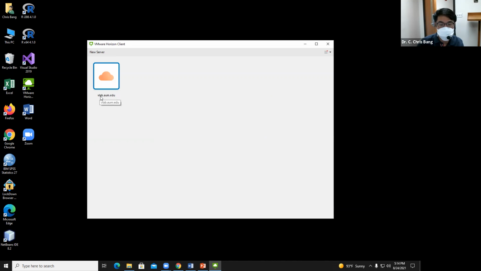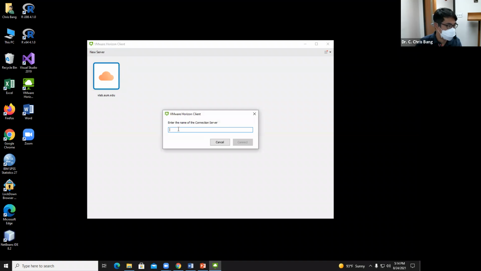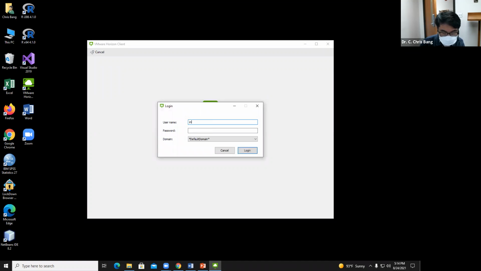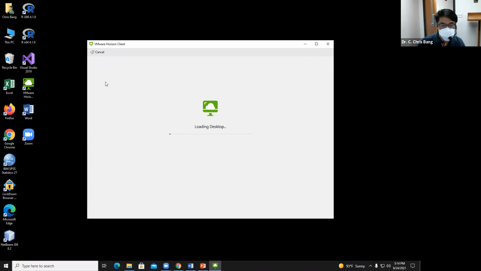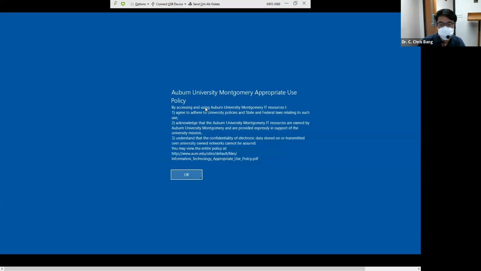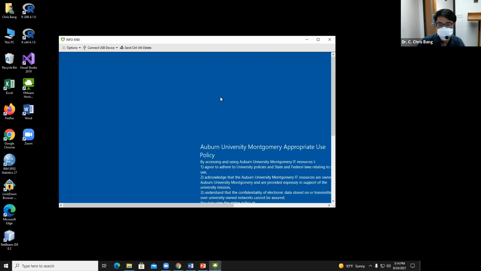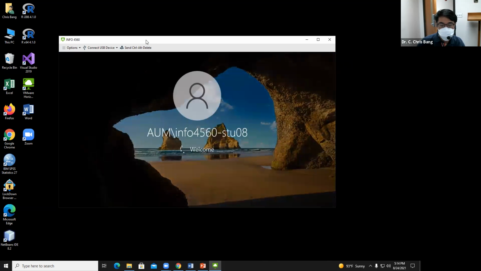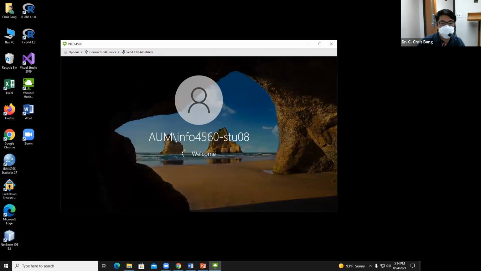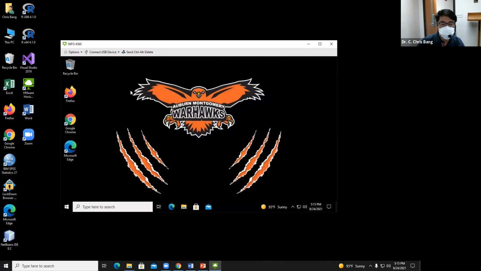Let me show you again. vlab.aum.edu. And if you don't see it, then you can add a virtual server by clicking this button. Then you can type the address, so vlab.aum.edu. Then you will see one connection, and double click. I don't want to see it in full screen, so let me shrink it. Now I can see the virtual machine within a window. But it is up to you. If you want to see the virtual machine on the full screen, then you can just expand it. Anyway,